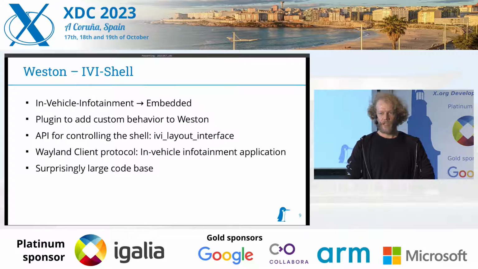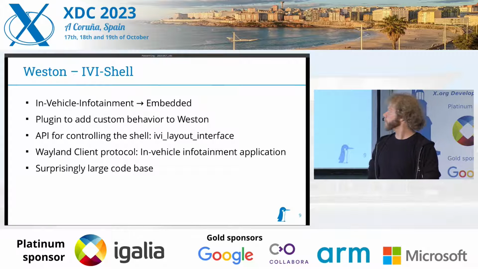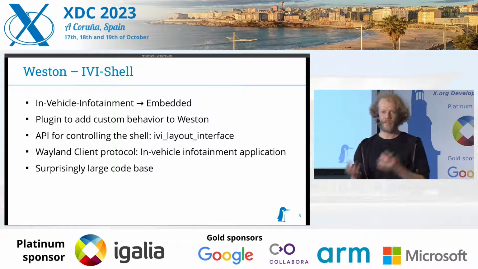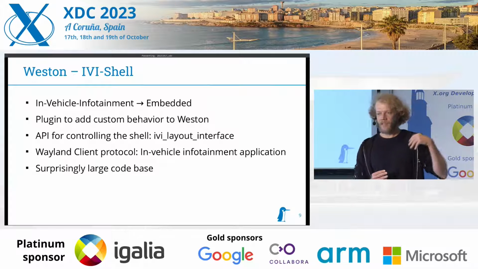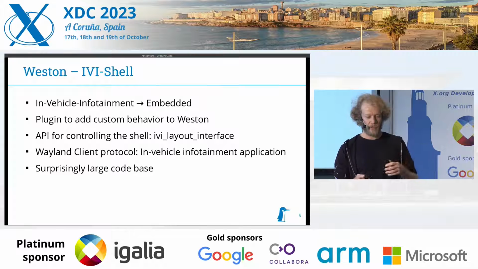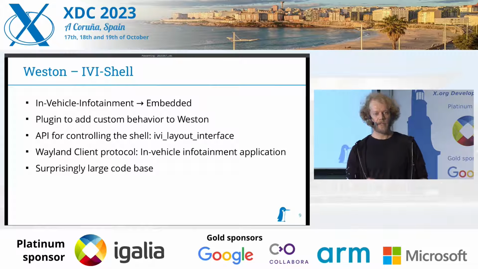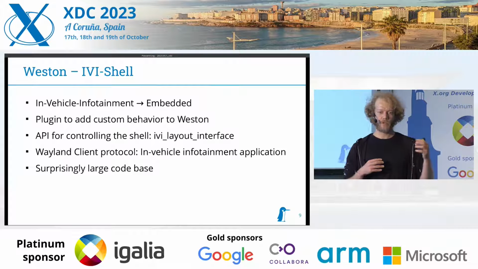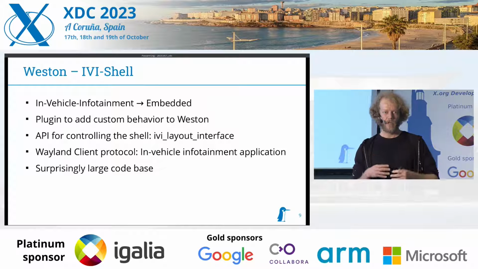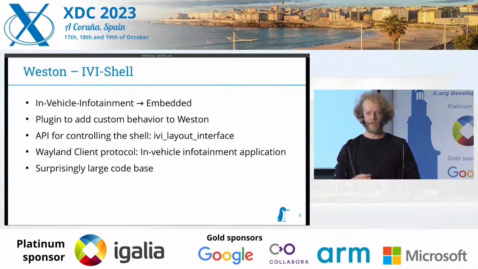Then to a different shell, the IVI-shell. It is for in-vehicle infotainment, so it's specifically designed for an embedded use case. It provides the possibility to add plugins to Weston and to add custom behavior via these plugins. And it has an API for these plugins that can be used to customize the layout. So have multiple layers, have different surfaces on these layers and position them explicitly. So this is very useful for the case where you want to place your window on the screen with your